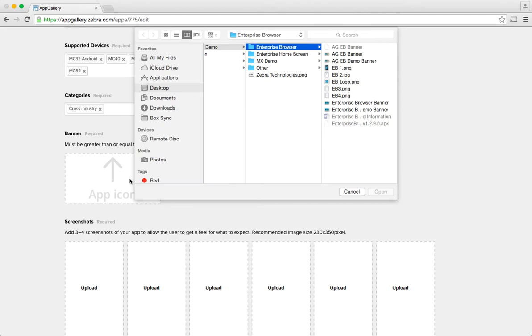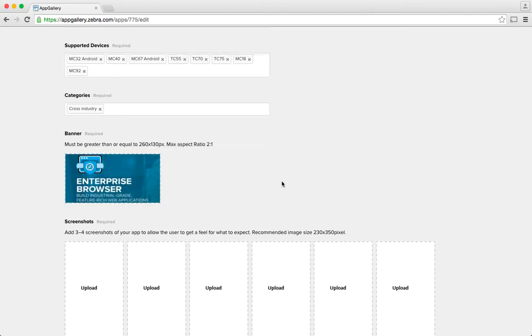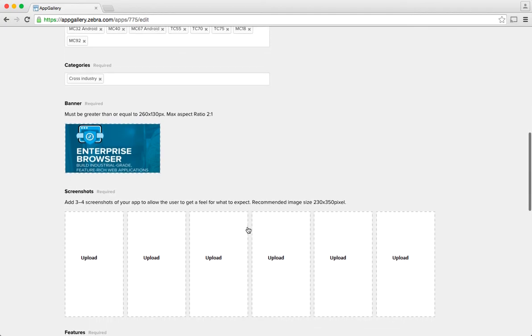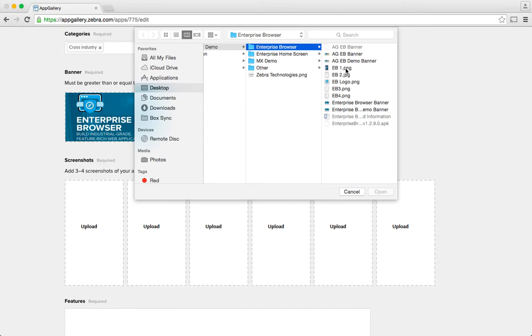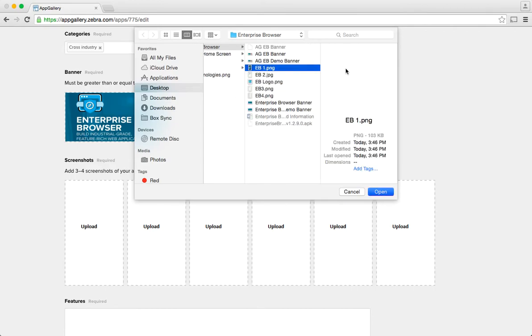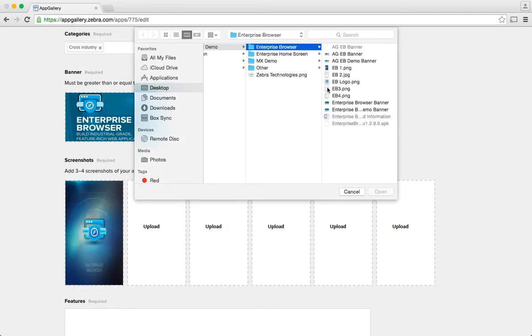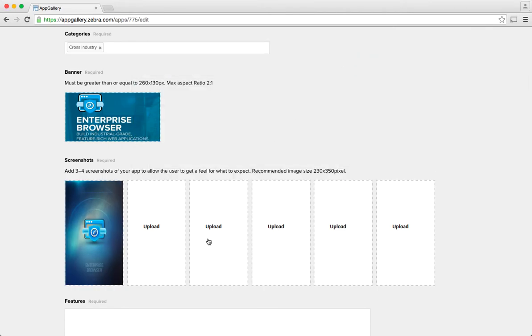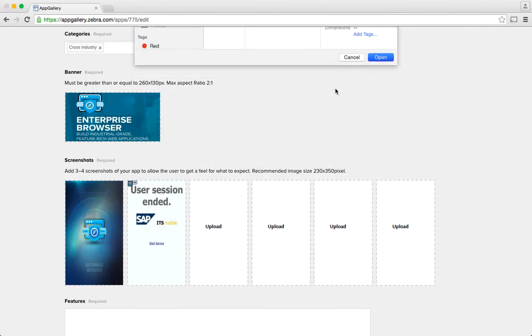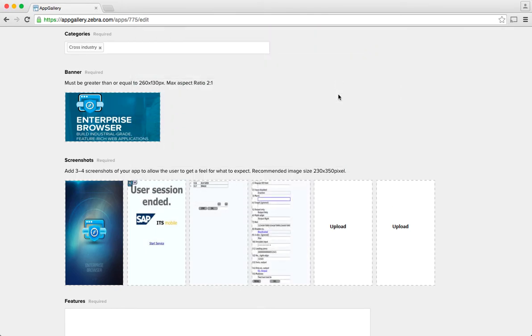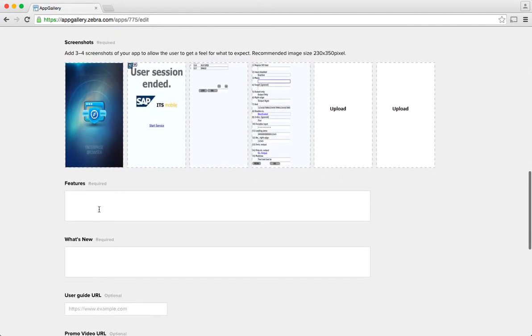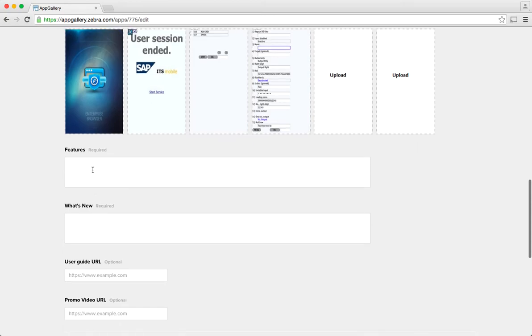So I'm going to click on the app icon, and I'm going to go into my enterprise browser banner image, and then I'm going to scroll into my screenshots. Again, there's this specific recommendation for screenshots to be able to get the best optimization of your screenshots in both the mobile application and on the website. I'm going to quickly go and add each of those applications,